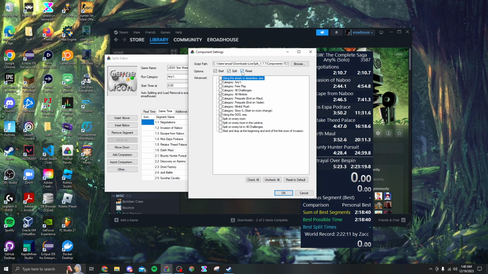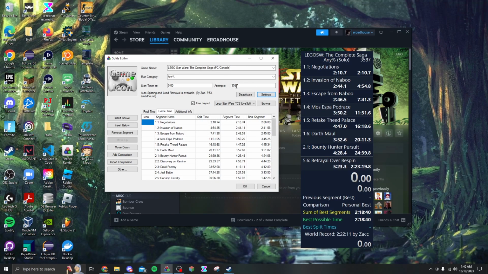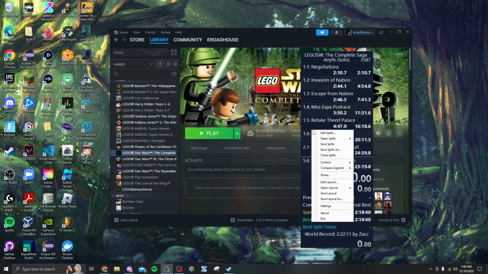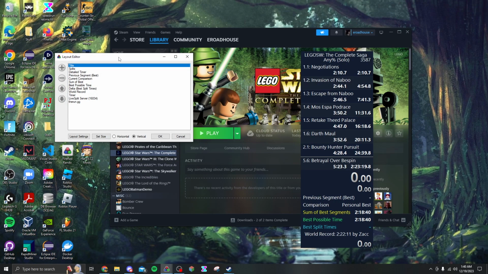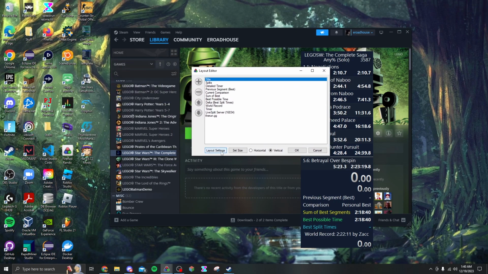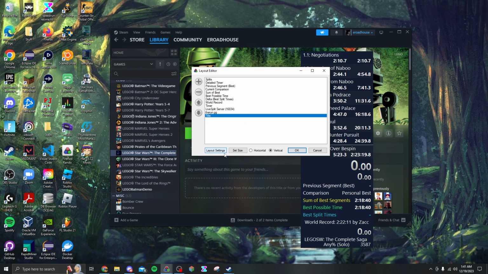There's also these start, split, and reset options. You pretty much just want to leave those checked. And please, for the love of all things holy, don't have 2 load removers on your layout. Please only use one, because you can also download the load remover and insert it into here by just hitting plus and then control scriptable auto splitter. You can do it that way,